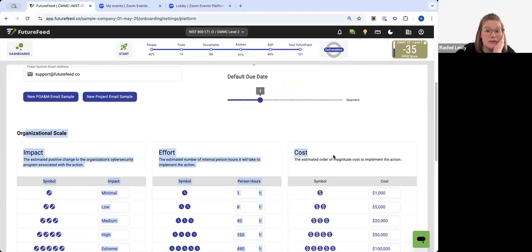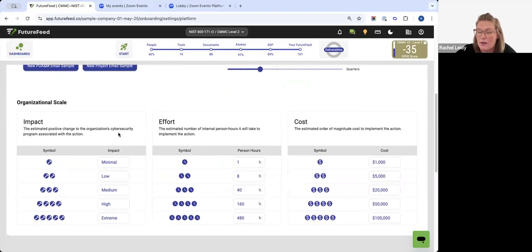This area is very specific. It's helpful for everyone, but the people who find the most help in this are our service providers, because they are working with multiple clients and it's hard to keep them straight sometimes. So what you're doing here is